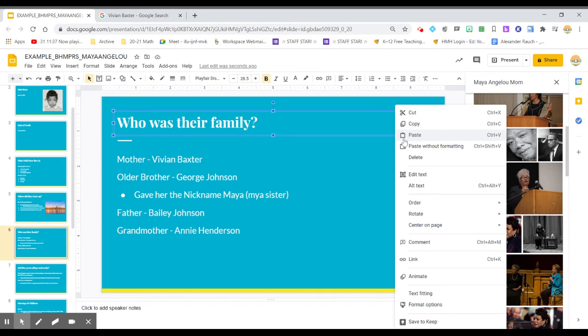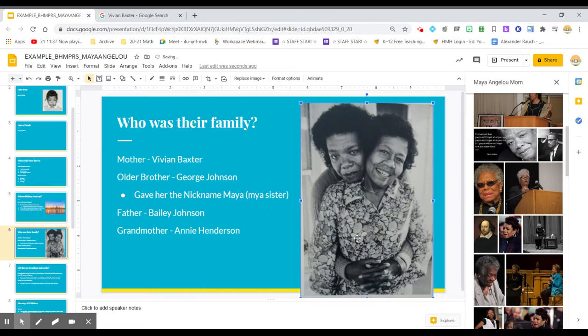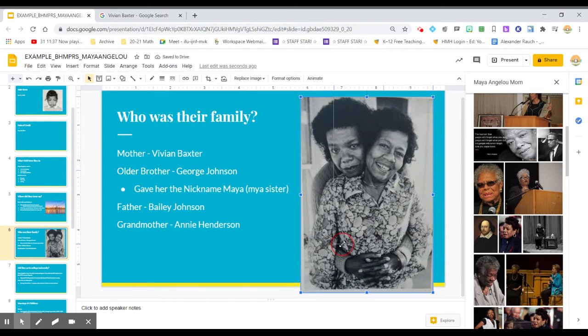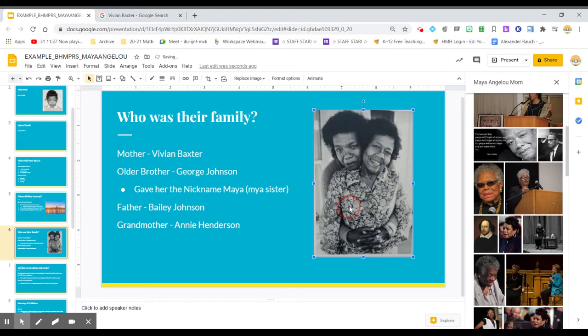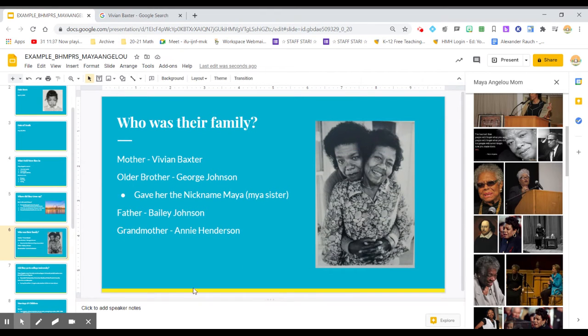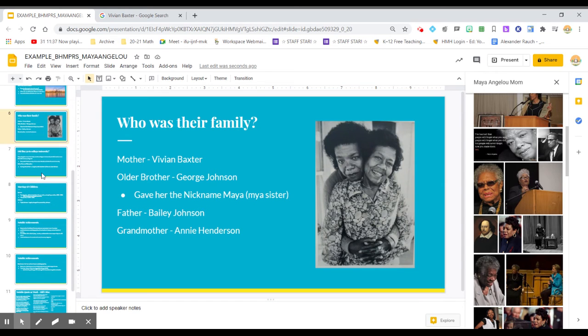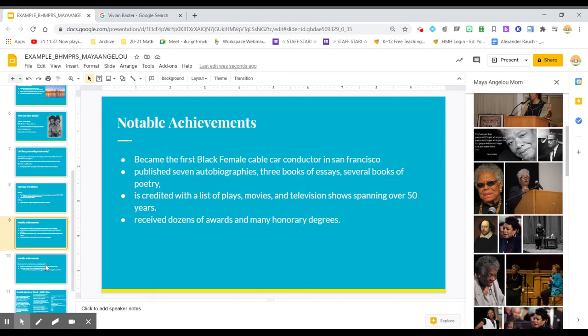And who was their family? I'm going to paste that here. All right. And again, you guys are going to have to do some resizing. And again, you can see I was looking for that red guideline to kind of get this centered on the slide. So now, I'm not going to include one on did they go to college or university, marriage, children,